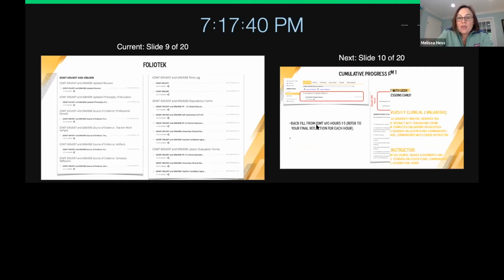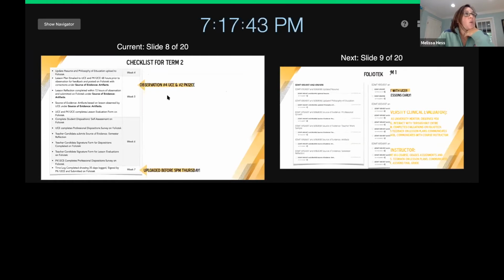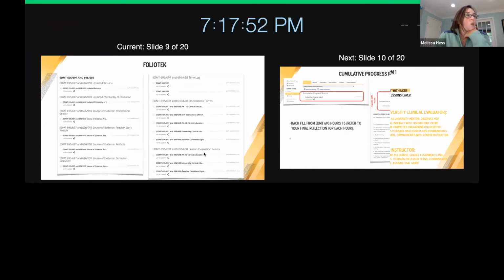And so I know that when I looked back on here, if I looked for where it said lesson reflection, it's in source of evidence and artifacts. When I go over here, I can see 1, 2, 3, 4, 5 down, source of evidence, artifacts, and that is the area where you're going to be uploading your stuff. Okay, so this just shows everything that needs to be done. Don't get confused with those 4 course numbers. They're all the same, and you're going to work from that big group for the whole entire semester.